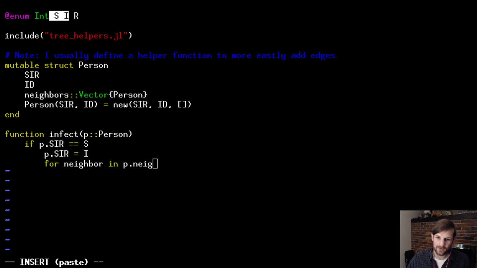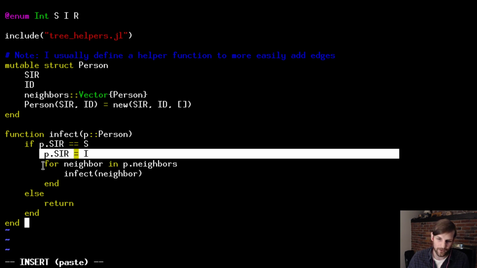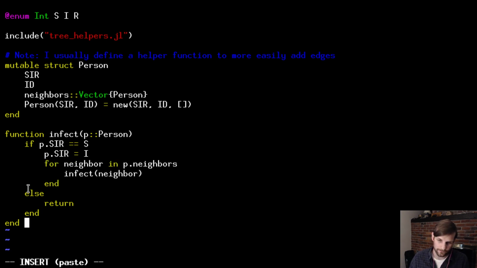Okay, so now we have function infect. This is where things can get pretty tricky. And again, I realize I'm going over, so I'm going through this kind of quickly. The idea here is we take any person, and if the person is susceptible, that is, they are S in the SIR, then we're just going to change them to infected, and for all the neighbors in our neighbors, we're going to infect those neighbors as well. Basically, if you're recovered or you're infected, you cannot become infected again. Now, those are things that we'll talk about later, but just for the purposes of information spreading,